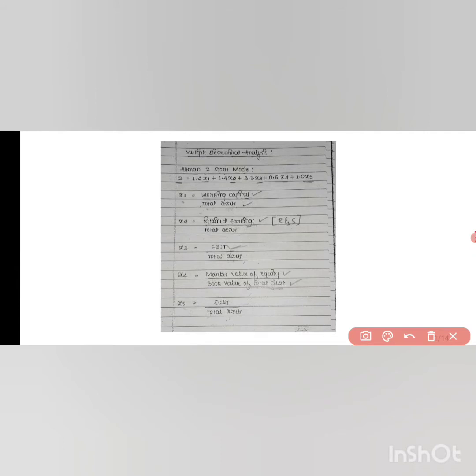So here we have some financial ratios x1, x2, x3, x4 as well as the x5, right? So I'll take the first one, x1. To calculate x1, the formula is working capital divided by total assets. So how do we calculate the working capital? Working capital can be calculated by applying this formula: current assets minus current liabilities. If we know the current assets and the current liabilities, then we can easily find out the working capital.